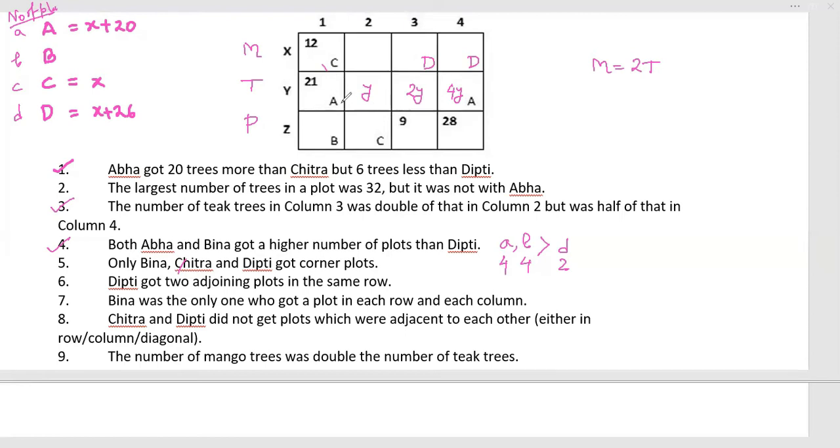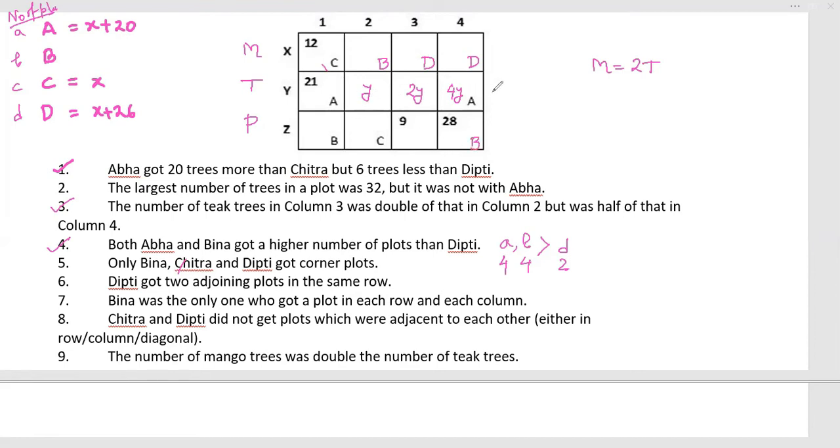A needs to be 4 in number and B needs to be 4 in number. In every row and column, B has only one plot in each row and each column. Here B is present. Here one number of B I need to fit. In this row there is only one place for B. So B needs to be here. So second row done. Third one, B can be anywhere. Fourth one, already A and D done.